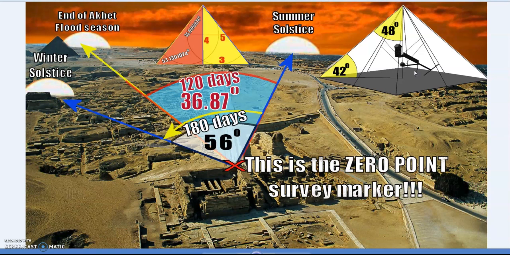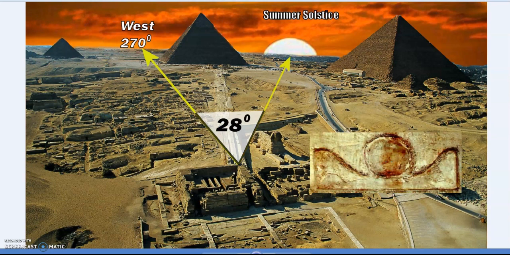I must stress that proportion and measurement on the outside, proportion and measurement on the inside, there is zero chance of coincidence. But this 42 degree and 48 degree angle, because that would be 40 degrees on the vertical, is a pattern which is repeated across Egypt. So summer solstice, the Egyptian New Year, the marking of the all-important flood season, which was the heartbeat of